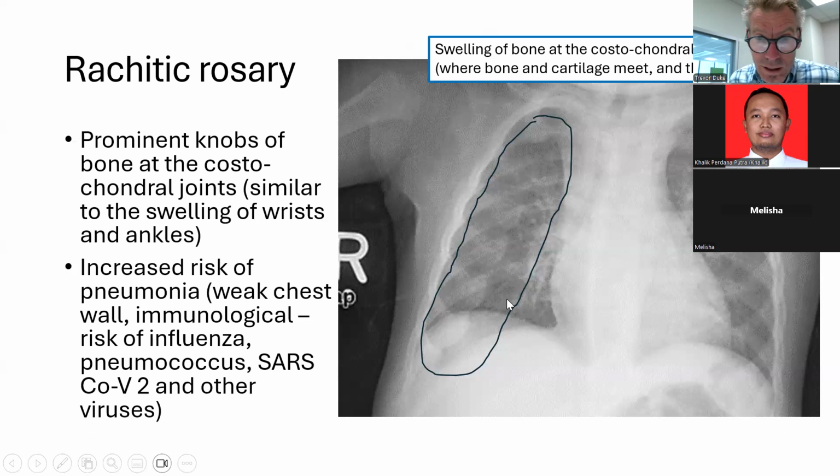I've just tried to outline it here, but you can see these prominent knobs at the costochondral junction. It's mostly seen in this case on the right side. The X-ray is a bit rotated to the right, so you can see it more prominently. Sometimes it's a bit more midline, and that's simply the rotation of this film. But many of those children have a weak chest wall, and so they have pronounced chest indrawing, and they have this rachitic rosary, which is just really